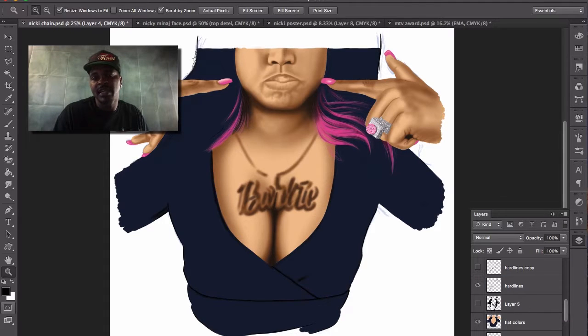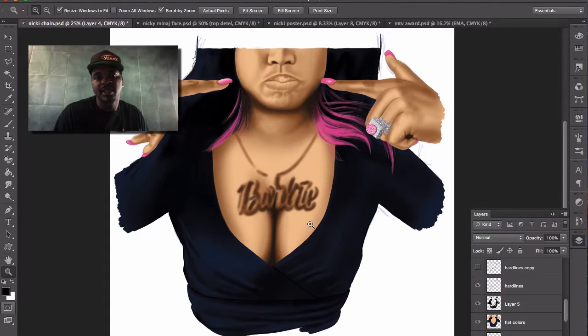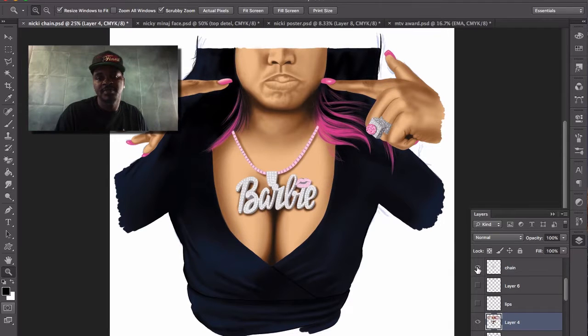And so we'll add in our dark layers right here. As you can see, the purpose in adding in all these dark colors is because we want all this stuff to pop out. We want your eyes to go here. We did our chain last, and so we'll add our chain in here. As you can see, it looks like it's floating, but we'll add in her lip color and her cheek color, and then we'll go ahead and add in